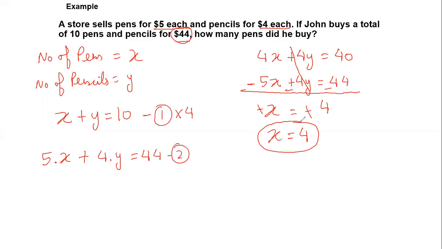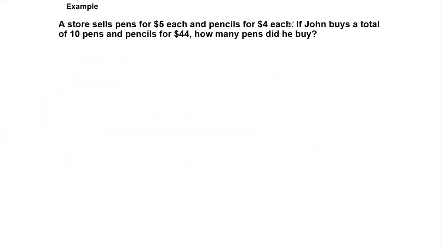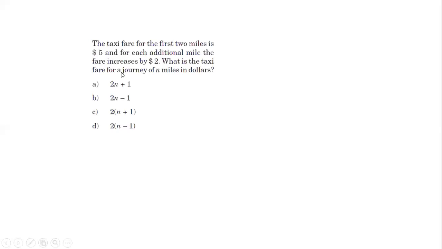So sometimes you just need one variable, but sometimes you need two variables. One equation I'll form from the number, and the other equation I'll form from the cost. So for two variables, I need two equations. I'll solve both of these equations for the desired variable and I'll get my answer. So these are the basic two types of questions that you should be aware of in your SAT: a basic unknown in one variable, or two unknowns. So let's take a couple of examples, a couple of questions to relate.